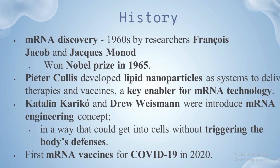Then in 2006 or 2007, Katalin Karikó and Drew Weissman introduced the mRNA engineering concept, which tells us how a cell can trigger the body's defense mechanism using mRNA technology. This was a revolutionized research, because after this